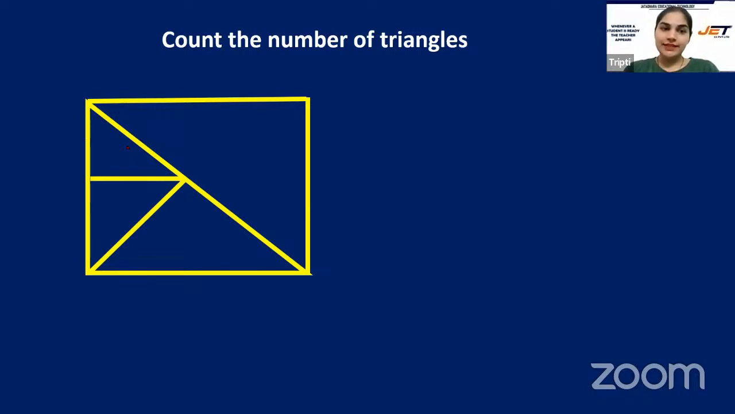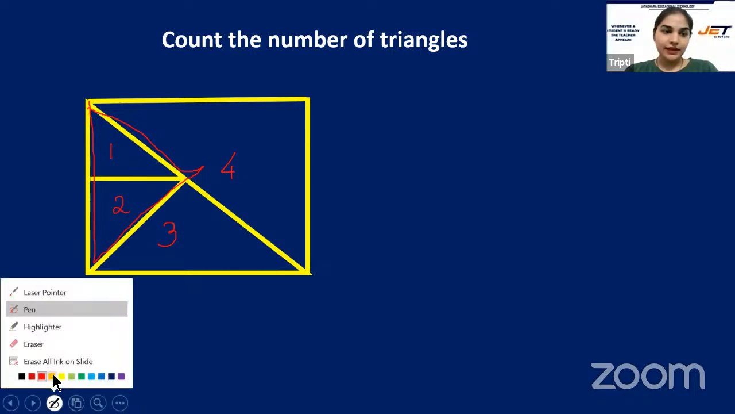So here, let's see. Okay. 1, 2, 3, 4 that we can see. These are the triangles that we can see. Now, 5. Okay. Fifth triangle we have seen. Then